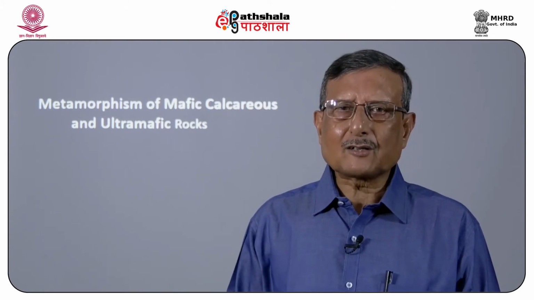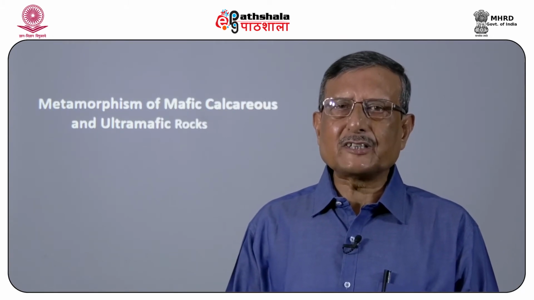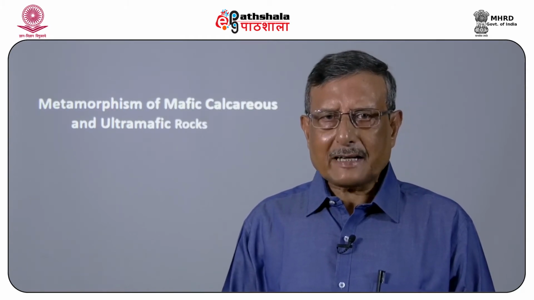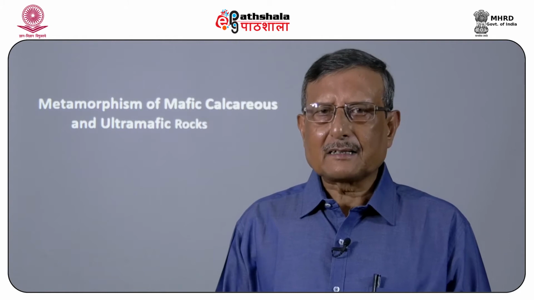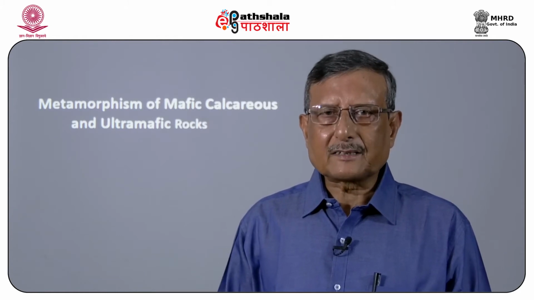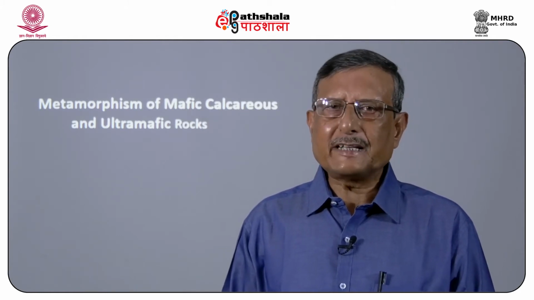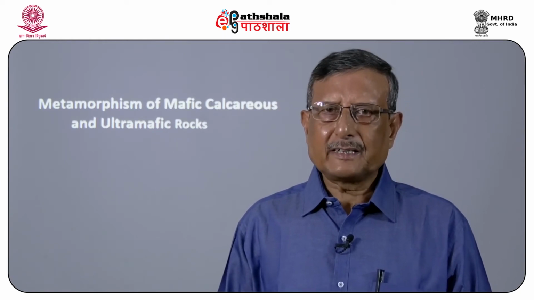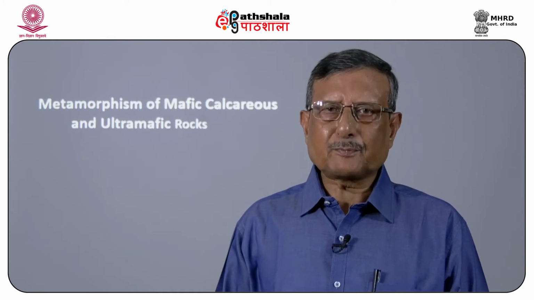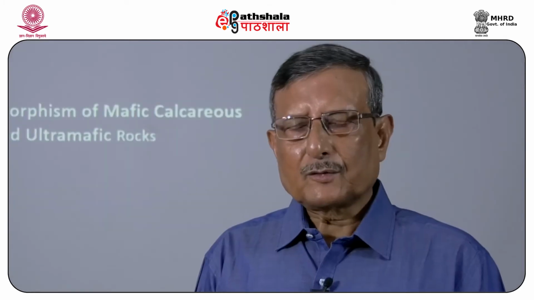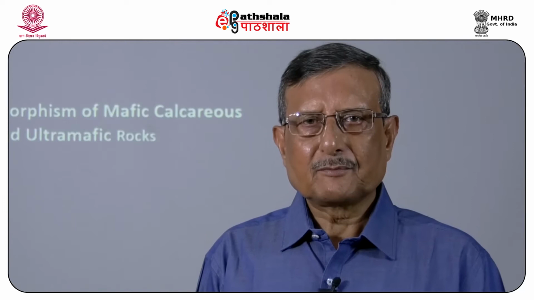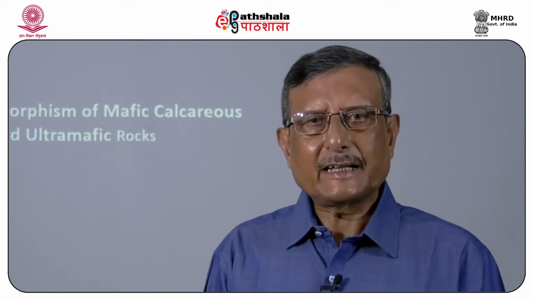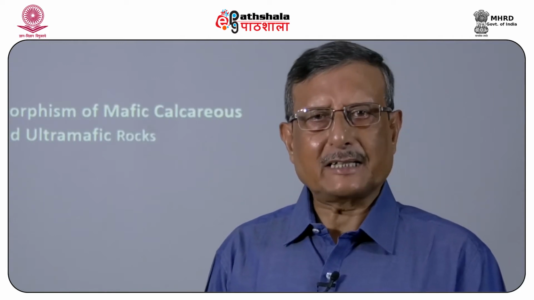Orthoamphibolite means the rock has been derived from an original igneous rock, and paraamphibolite means the original protolith was some kind of very unusual marly sedimentary rock, very unusual, but it is possible to have that. So, in the amphibolite facies, mafic igneous rocks are called amphibolites, and they contain hornblende and calcic plagioclase